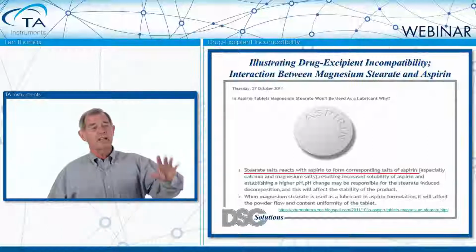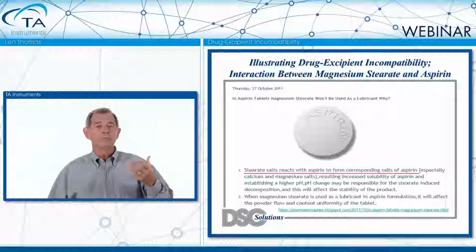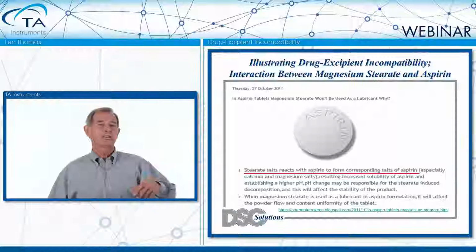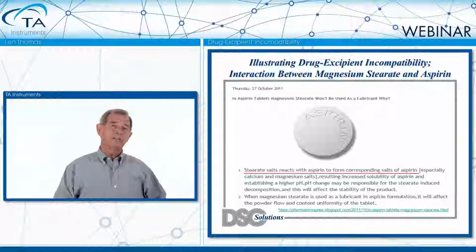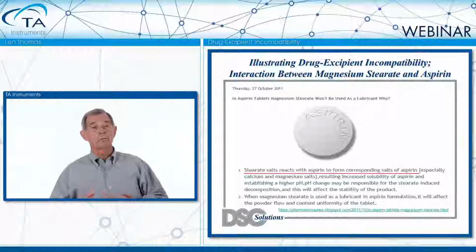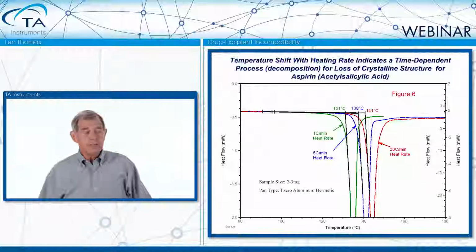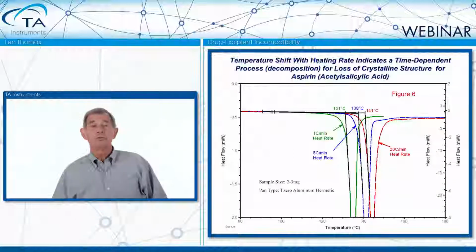And what they did was they had a little blog on what happens when you mix aspirin, acetylsalicylic acid, with mag stearate, okay? They're not compatible. They're known to react. So how does our method look when we start working on a system that we know is not compatible? First thing we do is run both the drug and the excipient at the multiple heating rates,